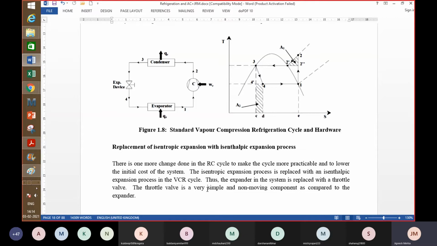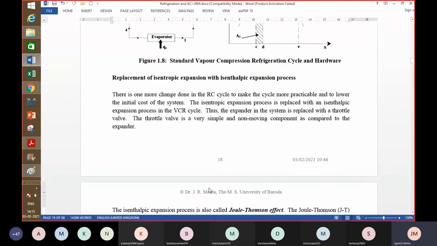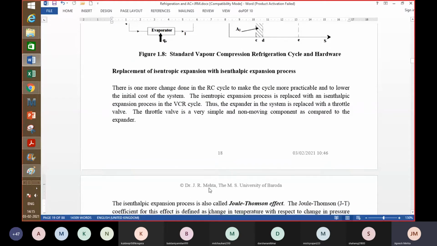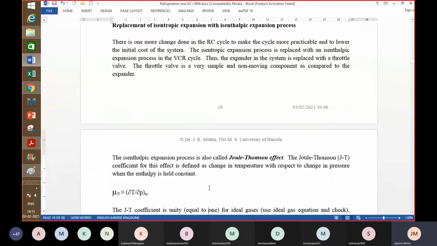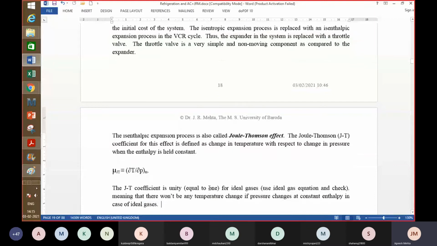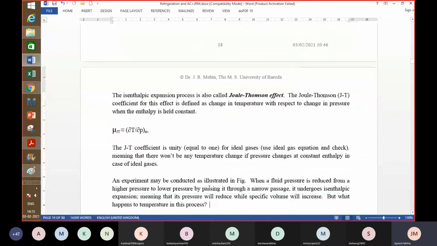The throttling device can be as simple as a curtain and just a small hole made in that. On one side, high pressure fluid. On the other side, it will reduce it to low pressure fluid, and that's a throttling process. Okay. The isenthalpic expansion process is also called the Joule-Thomson effect, as already